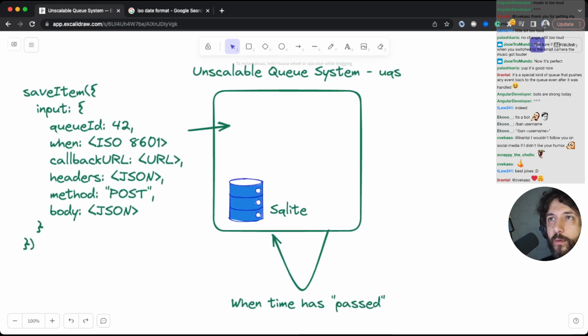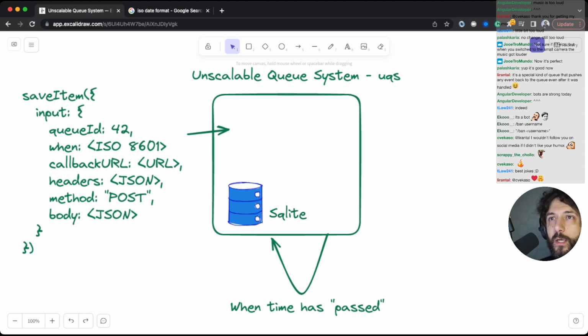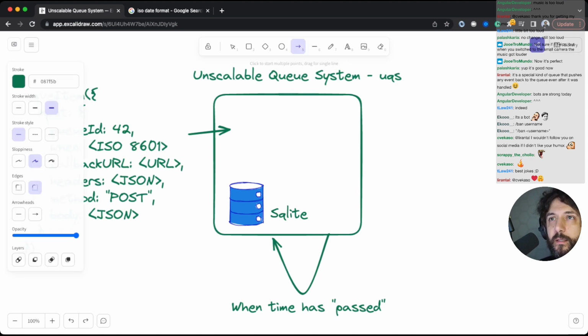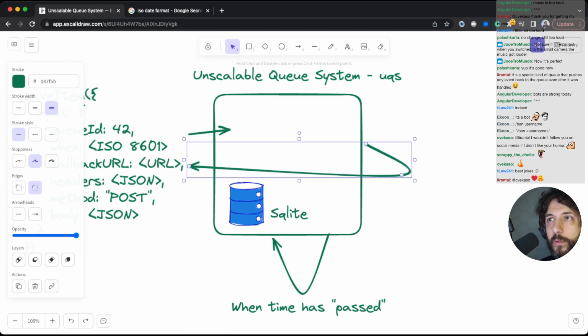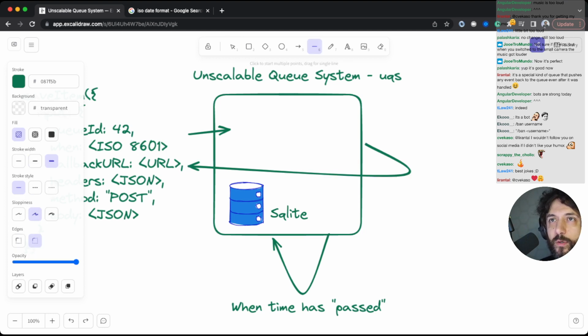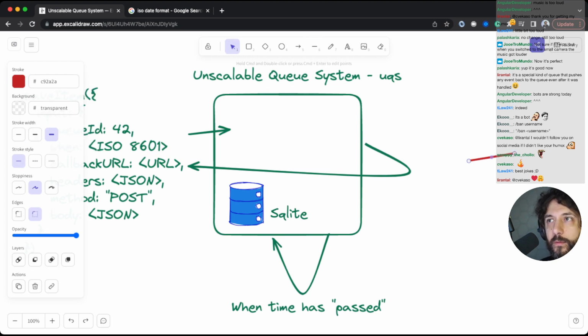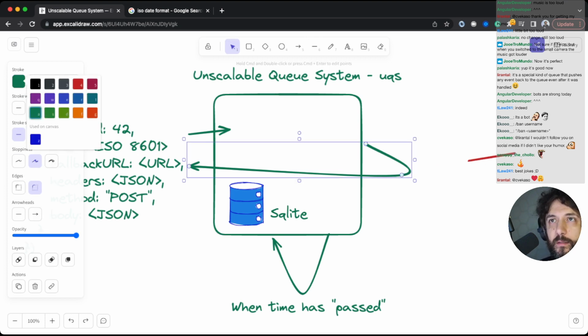Okay, we call the callback URL. So whoop, and let's color this in red so that it's clear. Oh, I want this in red.